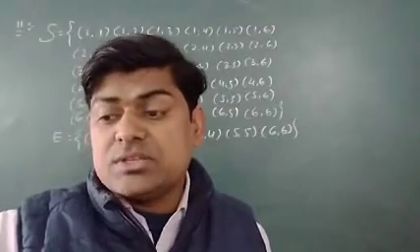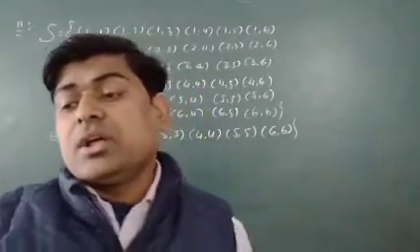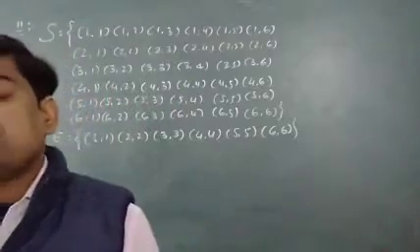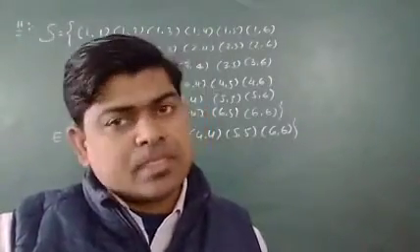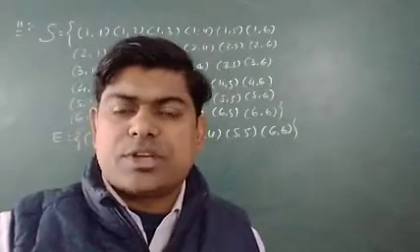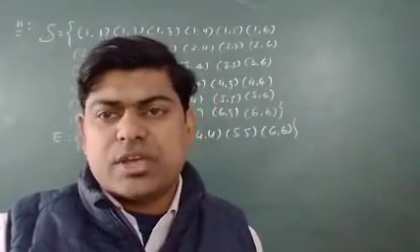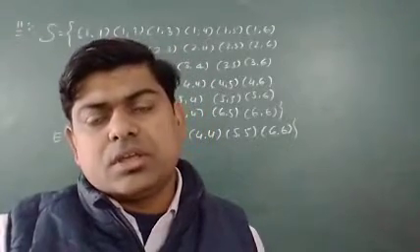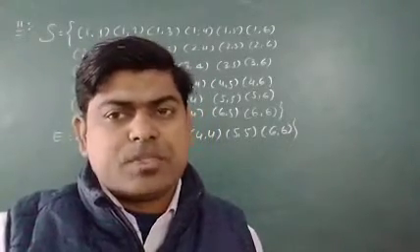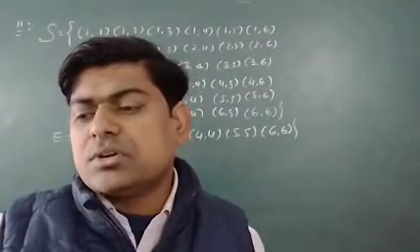Again I am repeating myself. What is the E? E is the event: both dice come up with the same number. On the first and second die we should have the same number. So if on the first it is 1, the second is also 1. If on the first die it is 2, on the second also it should be 2. If on the first die it is 3, on the second die also it should be 3. So these are the few things in this question.